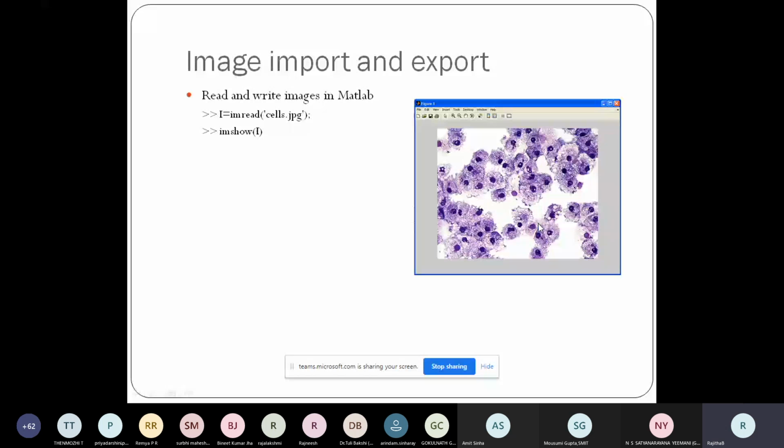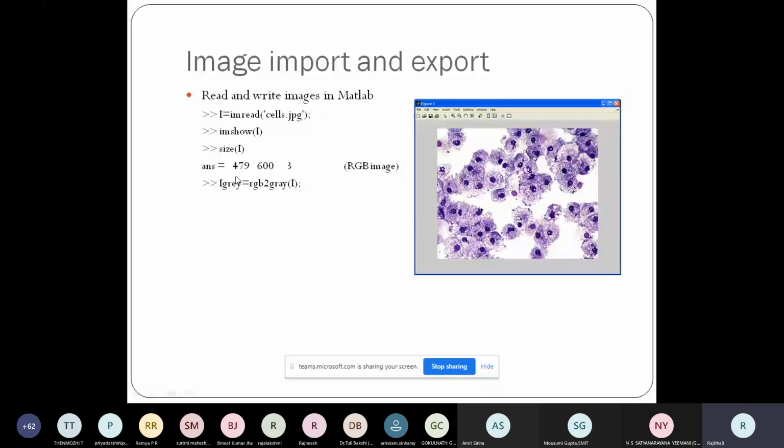Now, if you want to get the size, it is 479 cross 600 cross 3. Since it's an RGB image, you have three matrices. Now we are converting this three-matrix form, that means the RGB image, to grayscale. That means I'm converting the RGB image to 0 to 255 intensities. For that you have a direct function in MATLAB, rgb2gray, where 2 stands for "to". So I'm converting an RGB image to gray format.